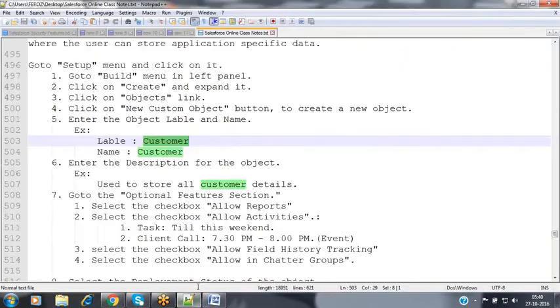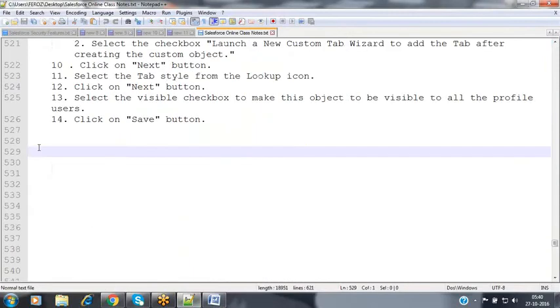Now let's make a note of it. And the observations.